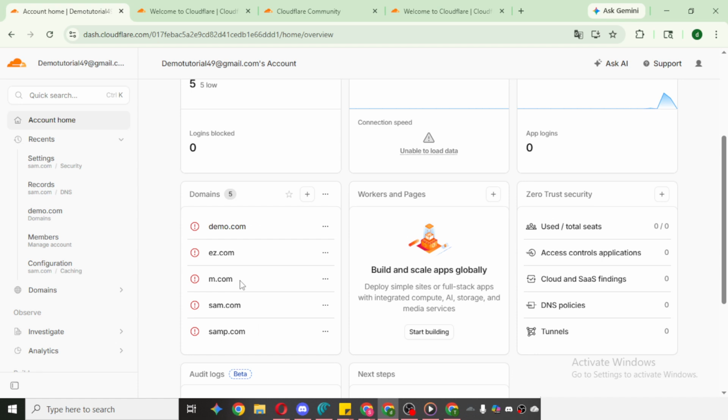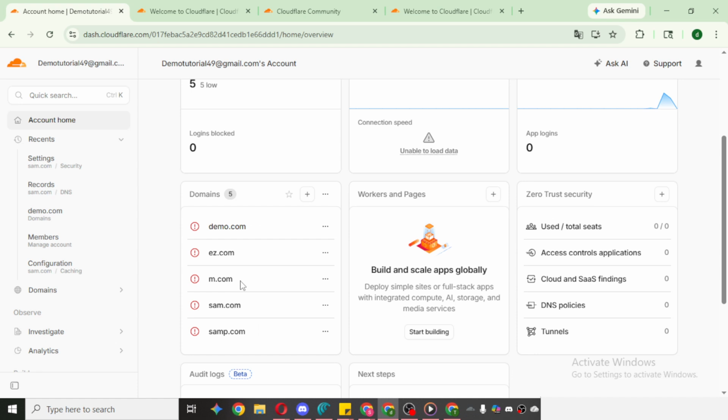A couple of quick pointers. If you don't see the 3-dot menu, try widening your browser window or reducing the zoom, as the Actions menu can collapse on smaller screens. On mobile, the same menu appears, but you might need to swipe horizontally within the domain row to reveal it.